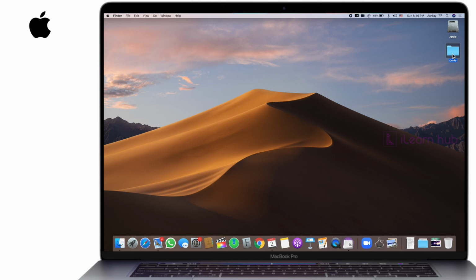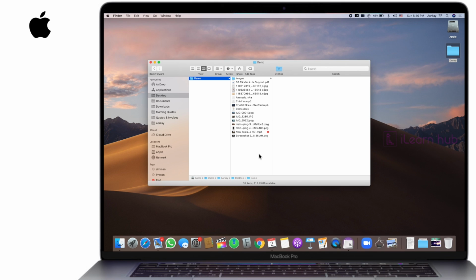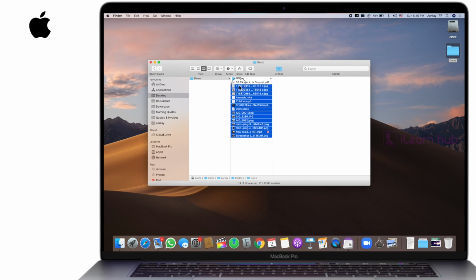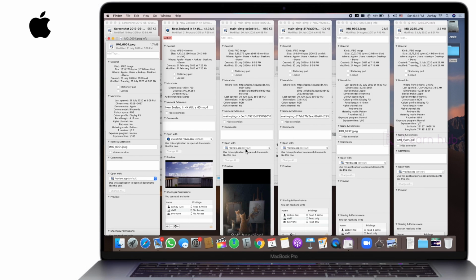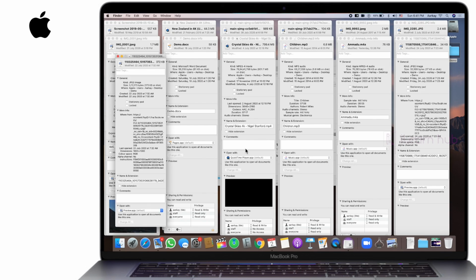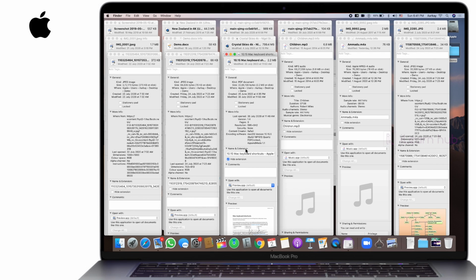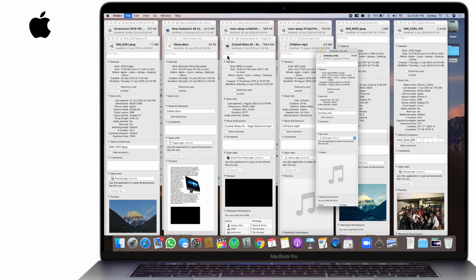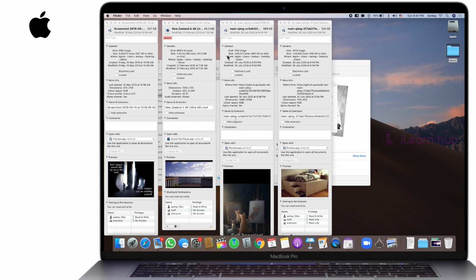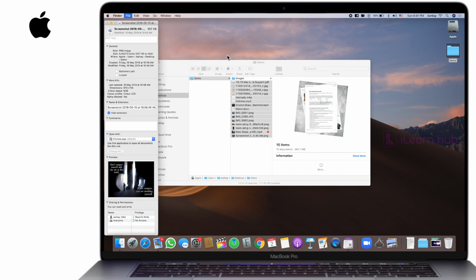Okay, the next one. In case you have selected multiple files by mistake and thought you could see all the information, if you do command I, you know this is what is going to happen. You need to close all the windows. But you know how to close that one? By holding command option and then clicking on this close button. But the problem is it may not close all of them, since it is a Get Info window. If it is a normal Finder window, yes, it will.